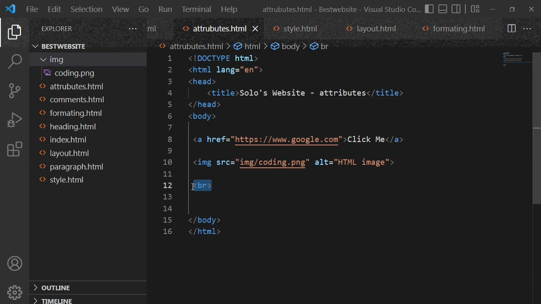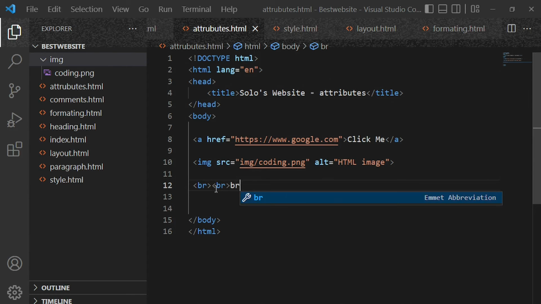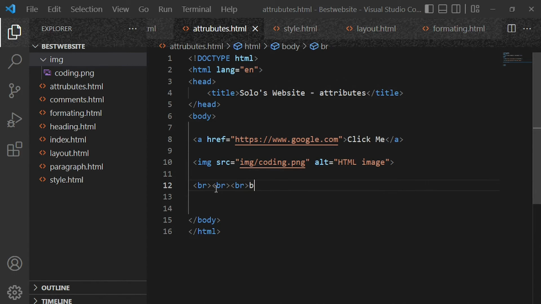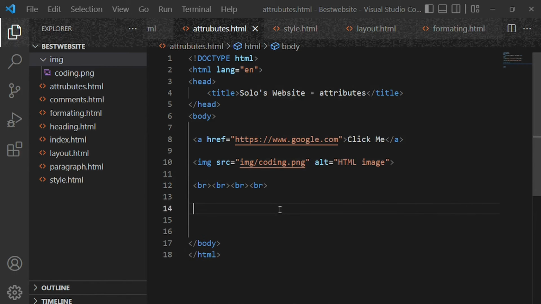Okay, so like this, and now let me just put br, hit enter, br, hit enter, and br, hit enter. All right, that way there will be space for us to enter our code, and to also view our result